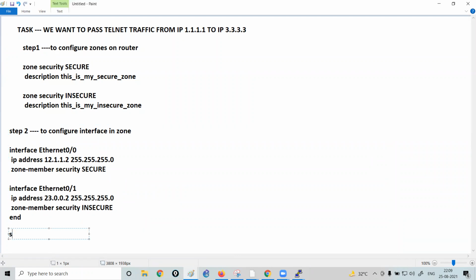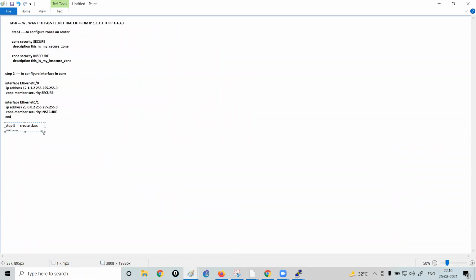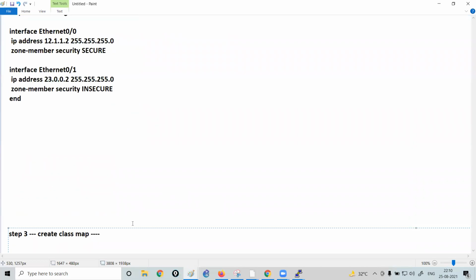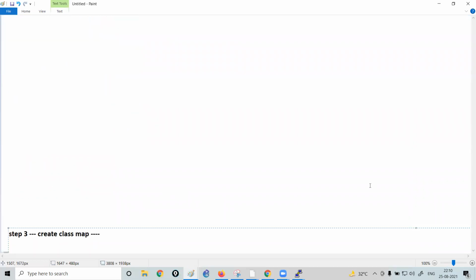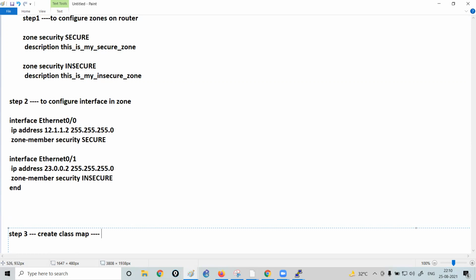Now let's talk about step 3. Step 3, I say that you have to create a class map. Now what is class map, which you need to understand now? So what is class map?